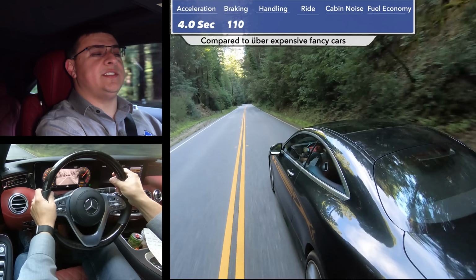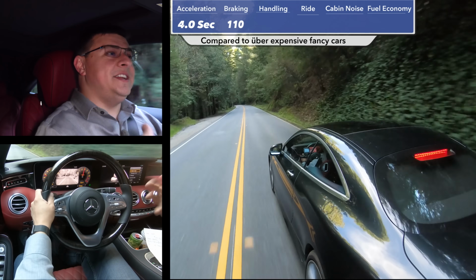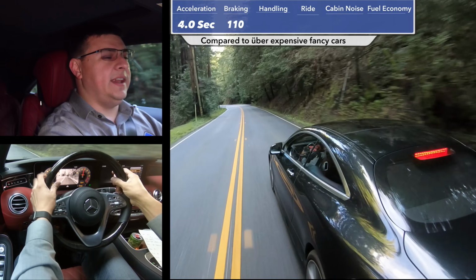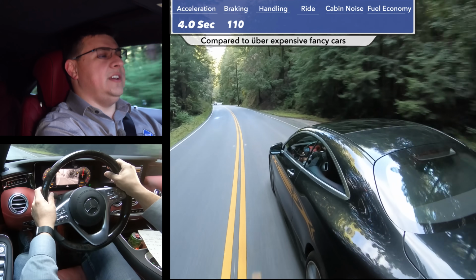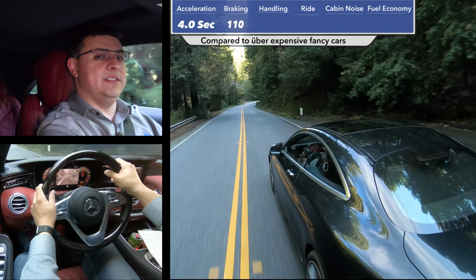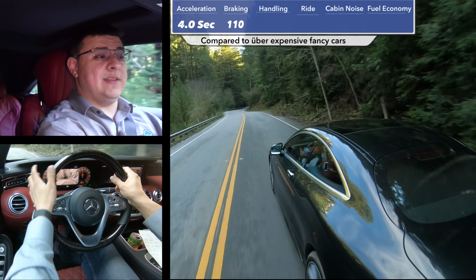That's actually the best way to describe the S-Class all the way around. This is the kind of car that has a distinct aversion to drama. The ride is just very smooth, the cabin is very quiet, everything is very, very controlled. Handling is absolutely excellent for a vehicle that weighs this much, and there's really just no drama about anything going on in this car. 0 to 60 in 4 seconds, even in this base model, is faster than many sports